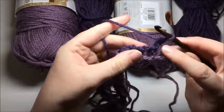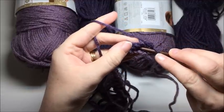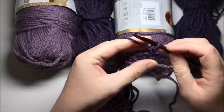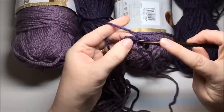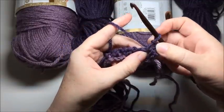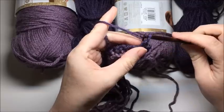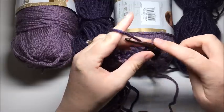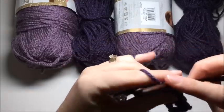Okay, so I've chained 2. Then I am going to skip the first single crochet, and I'm going to single crochet in the chain 1 space. So now that you have this series of chain 1s and single crochets, it's easy to remember how to do this pattern because you are always going to chain 1 over top of a single crochet, and you will work your single crochets in those chain 1 spaces. So I've worked my chain 2, I've worked my first single crochet in that chain 1 space, then I'm going to chain 1, single crochet in the next chain space, chain 1, single crochet in the next chain space,